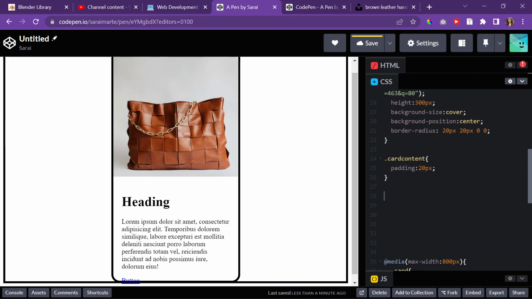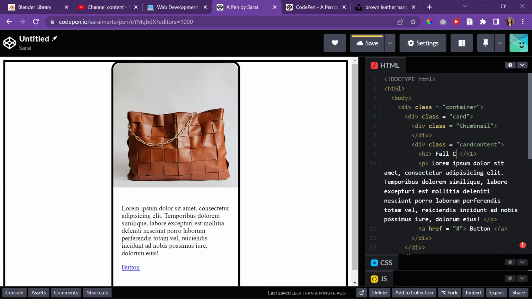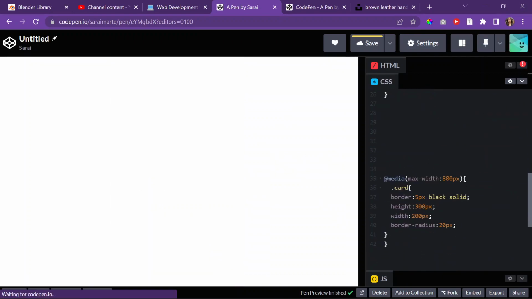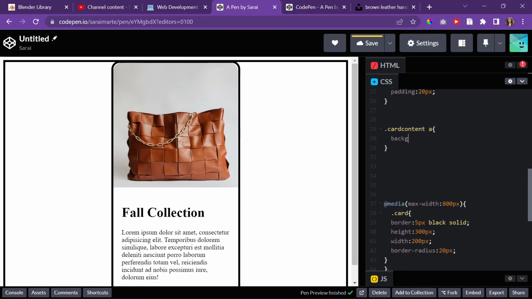I don't know, what do I want the heading to say? Let me go back to my HTML, change it to, I don't know, spring or fall collection. It's giving fall. And then maybe explore for the button, and then for card content, the button I could do maybe